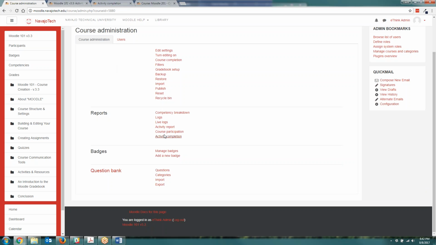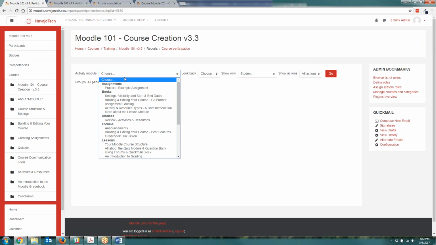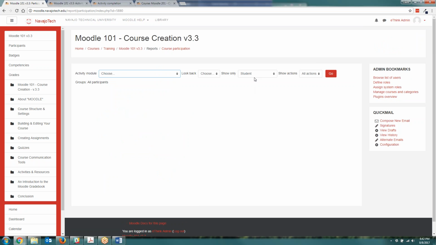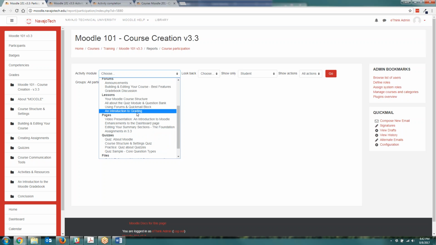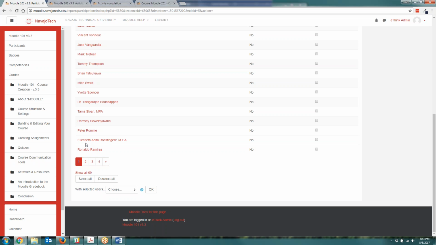Similarly, the last report I want to show you is if you want to drill down into a particular student or a specific activity, then you have this course participation report here. This allows you to look at a specific activity. I'm going to look at this quiz about Moodle. I want to look back from the last week and anybody in the student role, and I click go, and then it shows me who has or has not